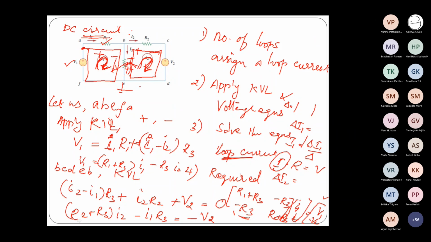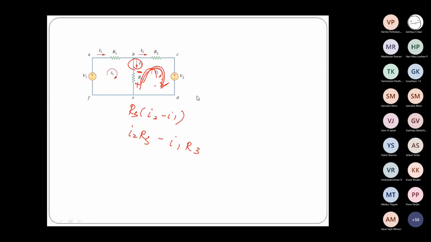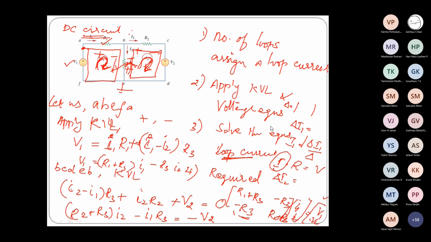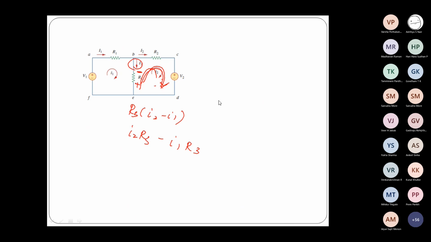Okay. So now, as per the Cramer's rule, we can solve it. Now, I'll tell you one shortcut method to write the matrix directly. Because using Cramer's rule, I can solve the matrix to find out the loop currents. So now, instead of writing the equation and then making it a matrix, we can directly write the matrix. So now I'll write a generic form of the matrix representation. See, for what is the matrix? We have R matrix, we have I matrix, and then we have the voltage matrix.